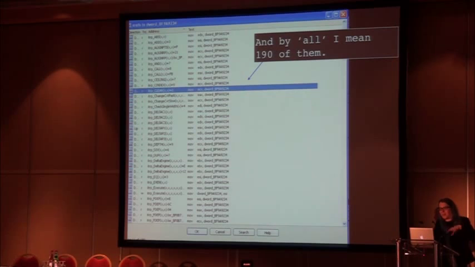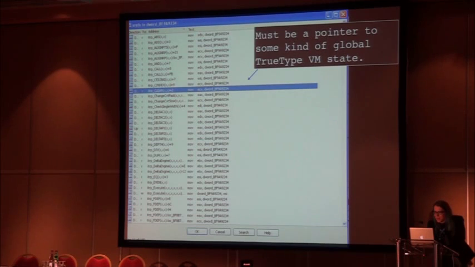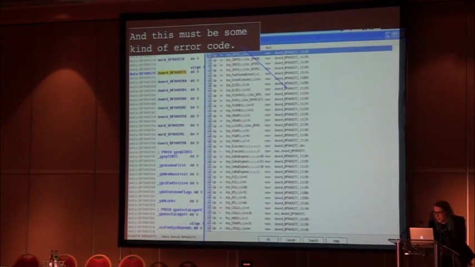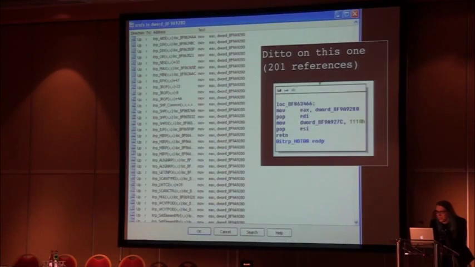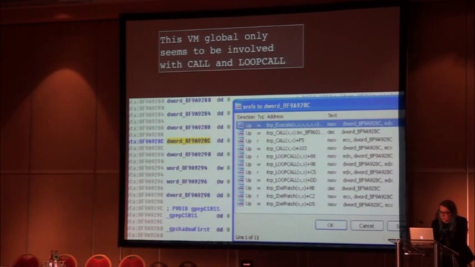So I don't know if you've ever used IDA, but it's got a bunch of really useful things for asking what functions touch this particular memory address. Anyway, it's pretty safe to assume that whatever this is must be a global VM state, and these ones here are all error codes and so forth. Just by looking at it, you can logically figure out what all this stuff does, even without the debugging symbols.